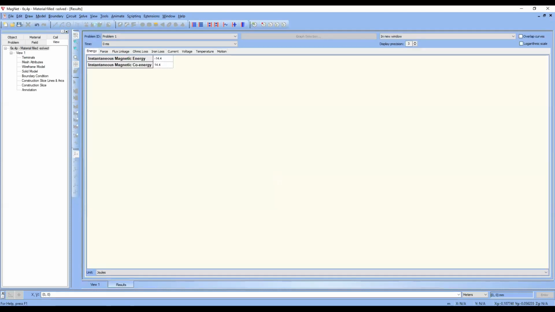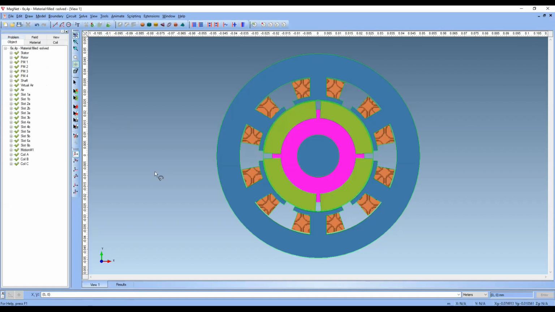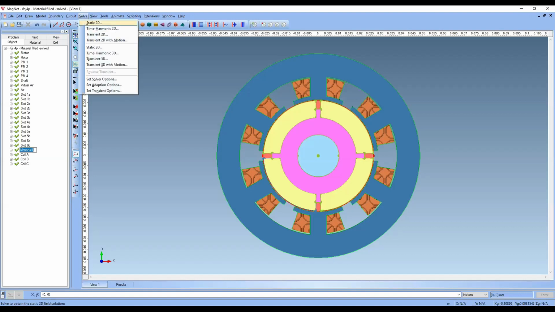Okay, so coming back to our model. Likewise, first I told you how to create the geometry and how to convert the geometry into an object, how to create the machine, how to create coils, how to place the permanent magnets like North Pole and South Pole, how to create motion components, and after that, what solver options are available. Based on the solving method you want, you can give those solving options.